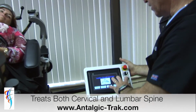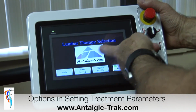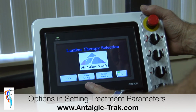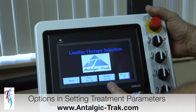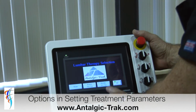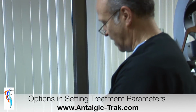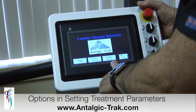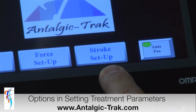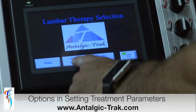I come over to my screen and I can choose on this machine when we do lumbar therapy whether we're going to set up the parameters by poundage or force, or whether we're going to set the parameters by distance or stroke. This is a very key difference between every machine in the world. This is the only machine that we can set up the treatment parameters by distance. So in case we have a geriatric or a post-surgical patient and we want to limit how far the machine will decompress, we can set up by distance. Today I'm going to set up by force,